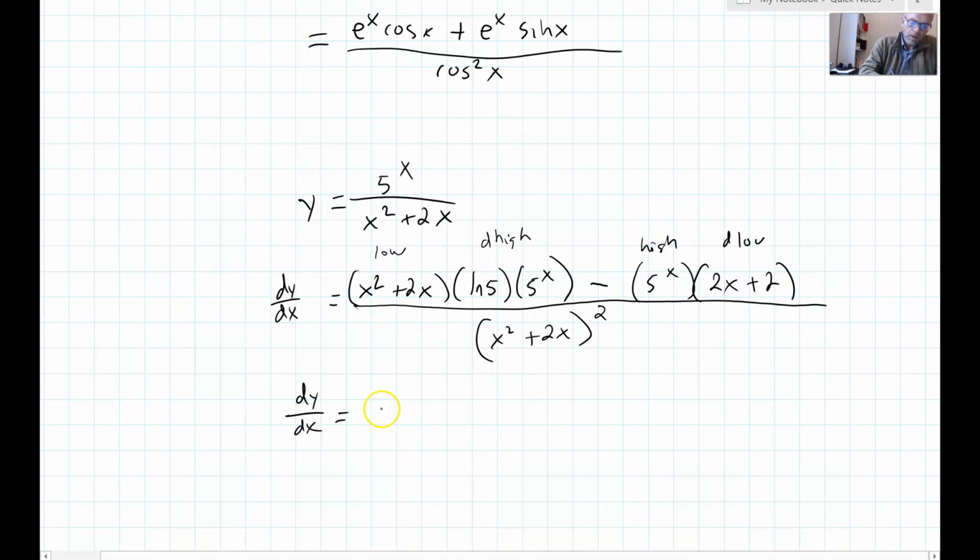So we got natural log of 5 times 5 to the x times x squared plus natural log of 5 times 5 to the x. Whoops. Multiply that 2. That 2, I'm sorry, would be multiplied by the natural log of 5. So that would be 2 ln 5